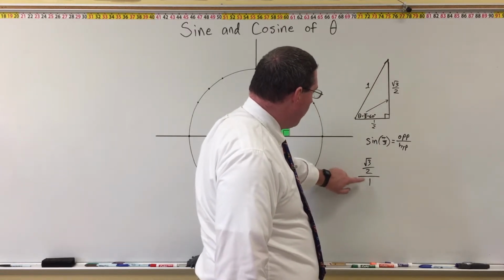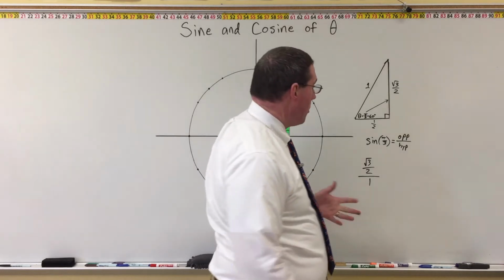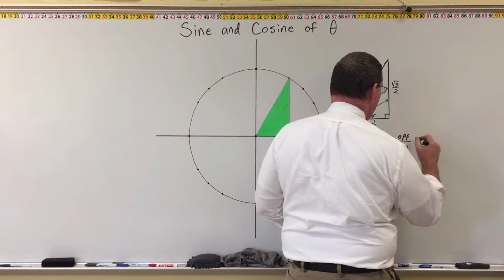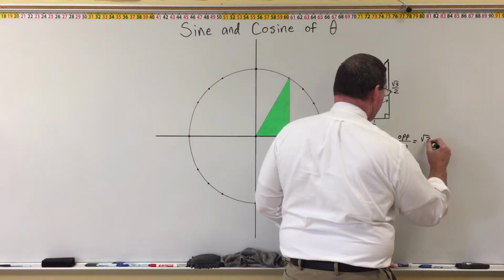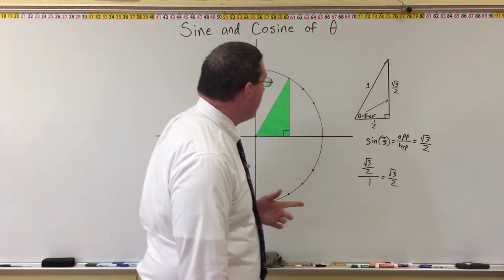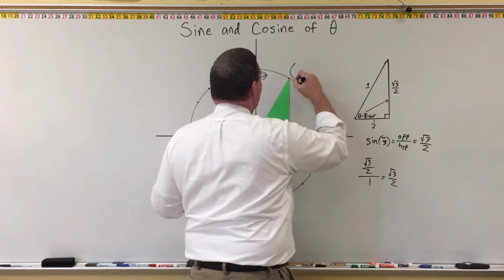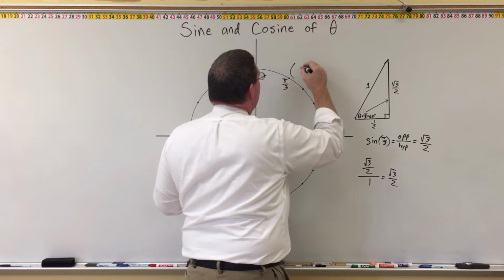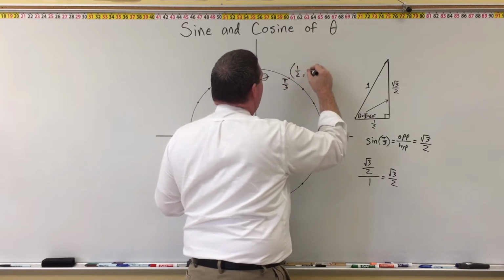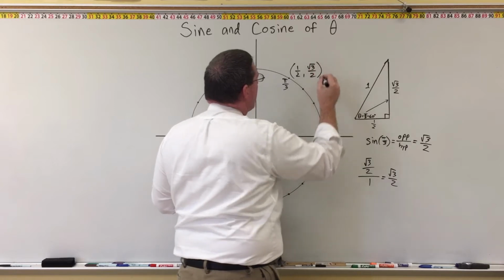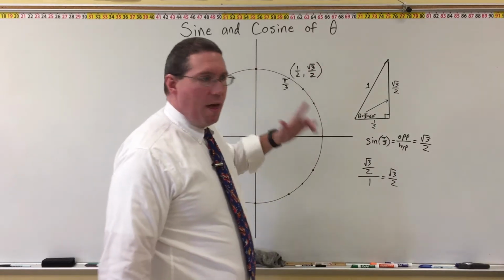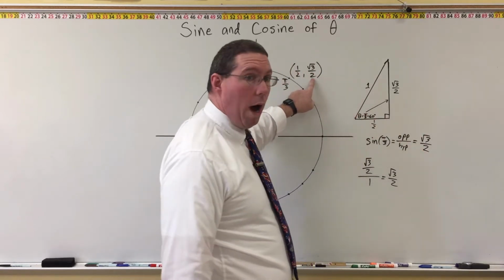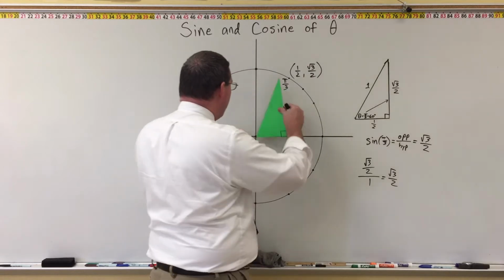Now, anything divided by 1 is equal to itself, and therefore the answer is square root of 3 over 2. So sine equals opposite over hypotenuse is square root of 3 over 2. Well, that's interesting, isn't it? Because one of the things we know about this point where the angle measure is pi over 3 is that the coordinates are 1/2 and square root of 3 over 2. So isn't it curious that the sine of the angle happens to also be equal to the y coordinate? Well, it's actually not that curious because look,